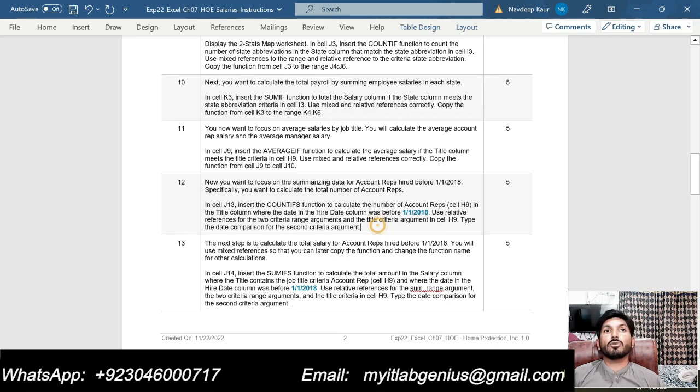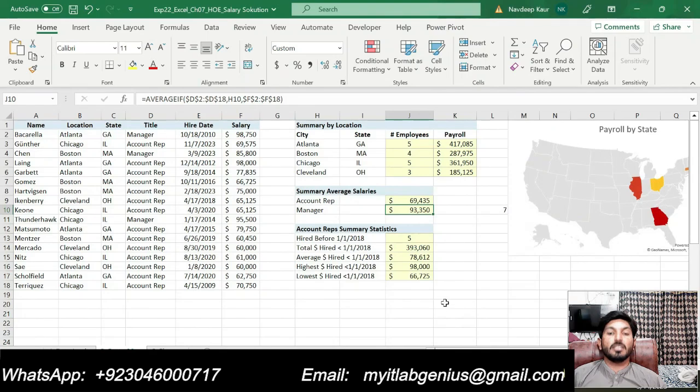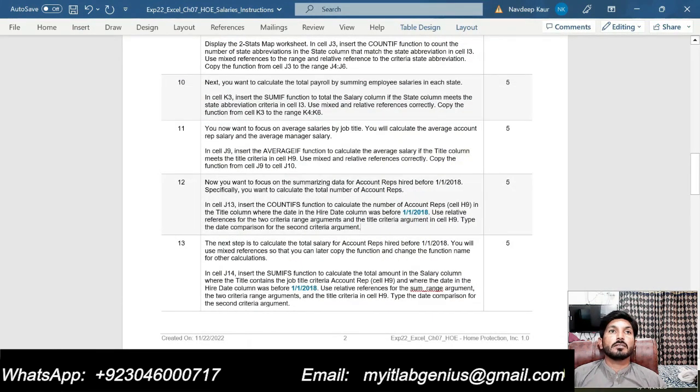Let me show you this now. J13 is this one, hired before this date, that is the requirement, we got 5. So that is our step number 12. Step number 13 is in cell